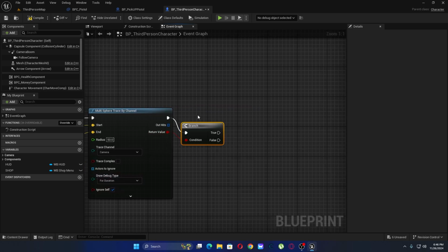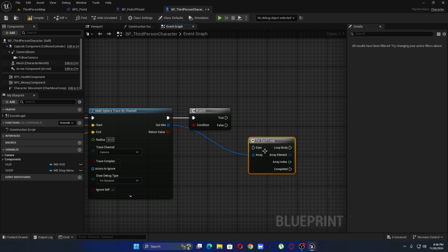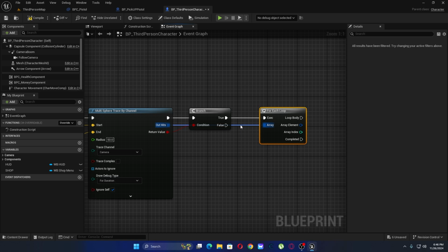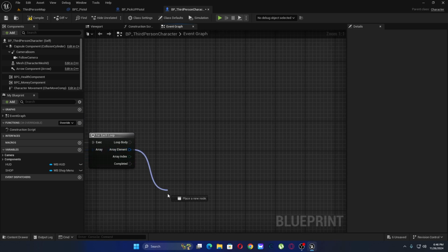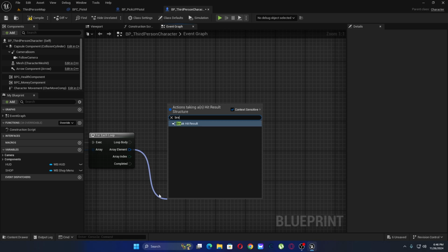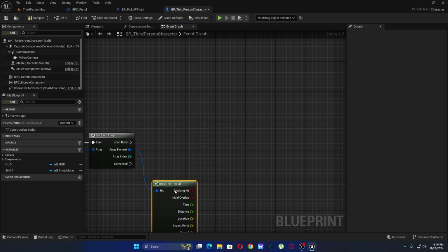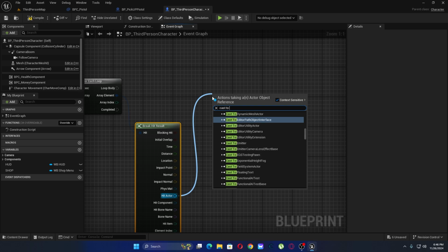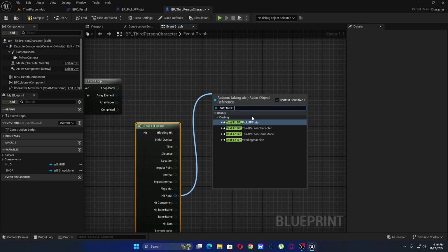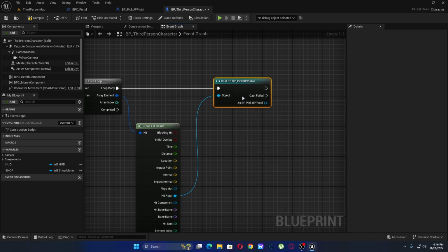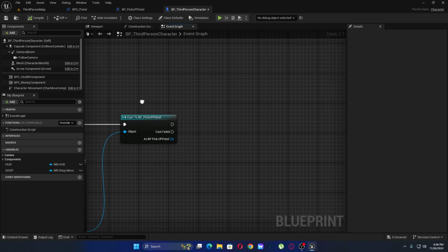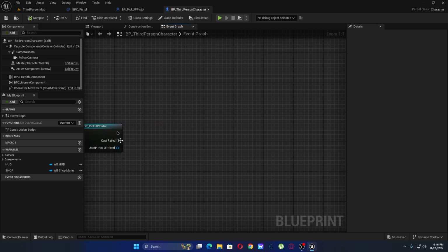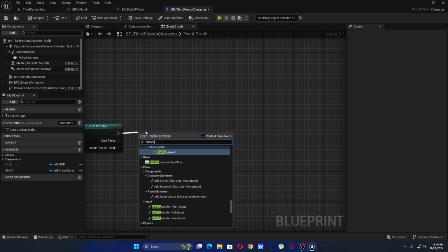We want to branch this, and we want to do for each loop. Now I'm gonna explain this in a second how all of this works. Break hit result, cast to blueprint pickup pistol, and then we want to say add